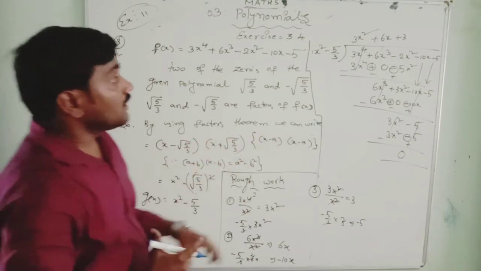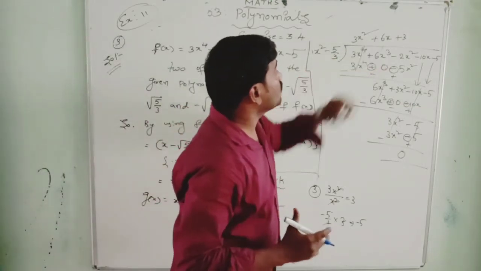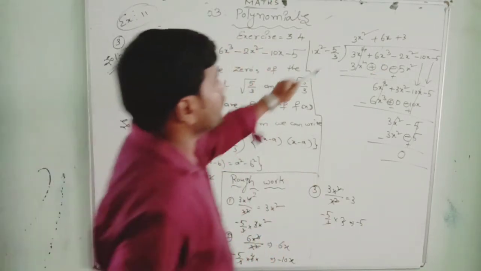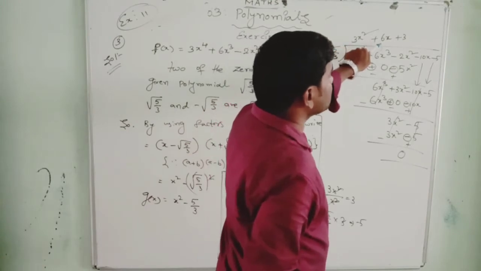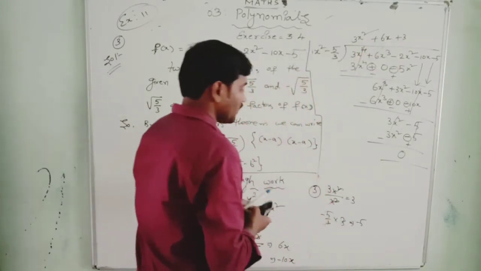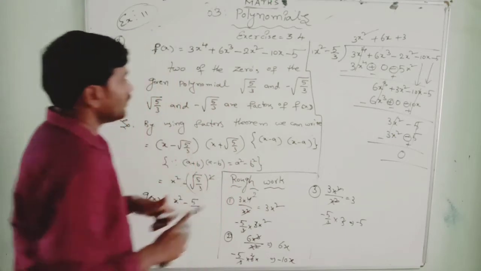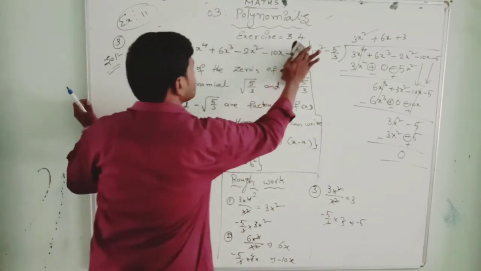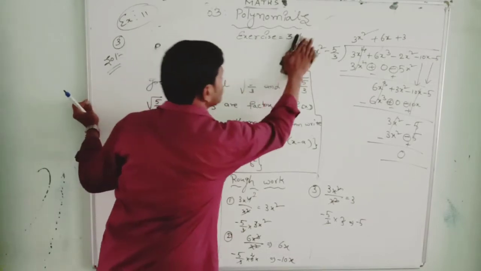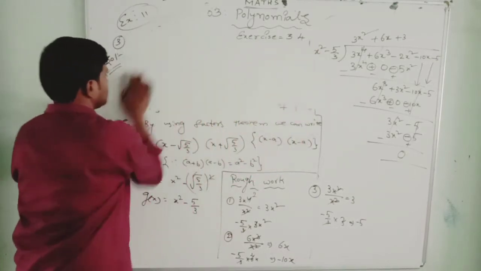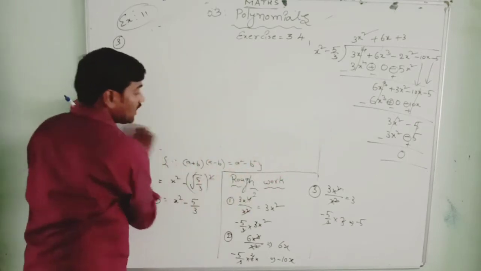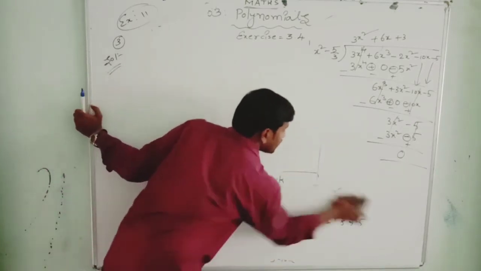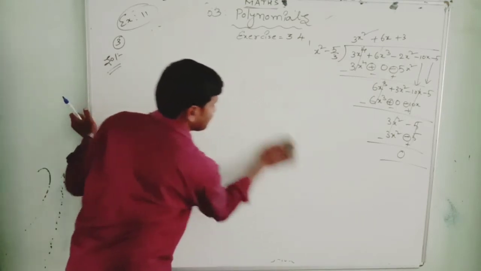So the quotient we got here is 3x square plus 6x plus 3. Okay. Now if you want to copy here, you copy this. I'm going to rub this to solve the problem. See, once and twice you watch this video, you will understand what you are doing.